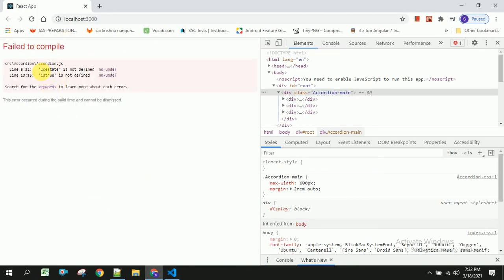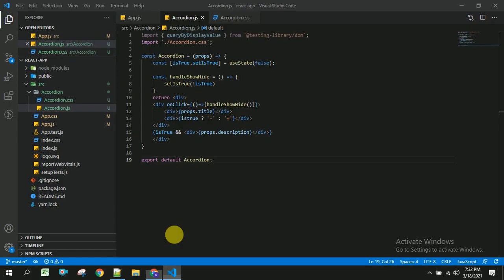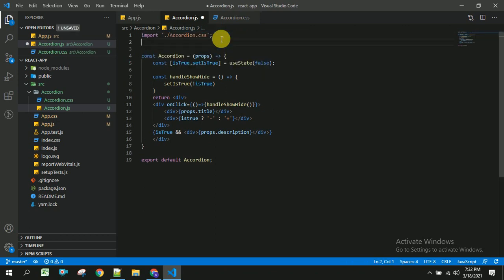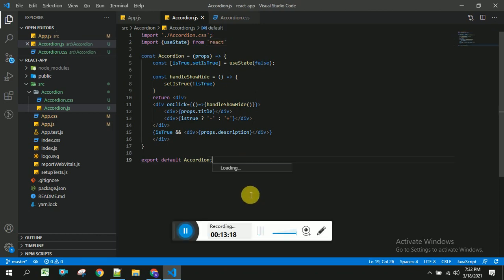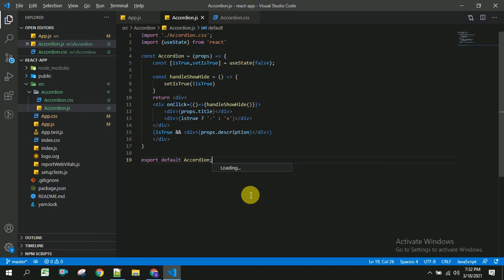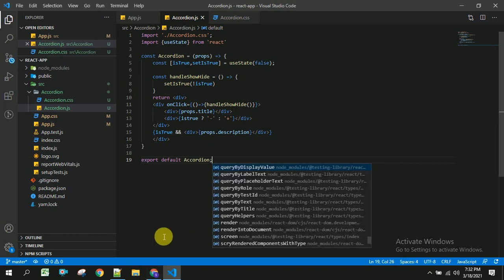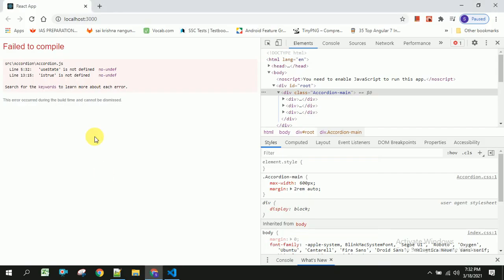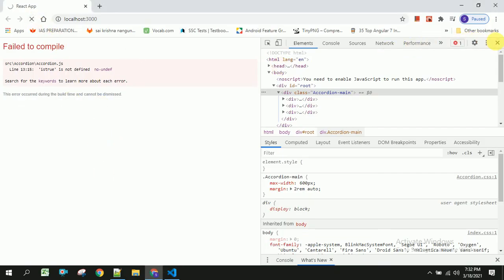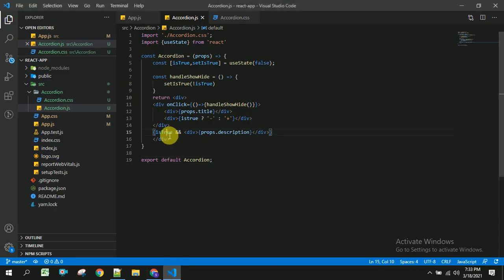So it's showing that useState is not defined. So in order to use useState, we have to import that from our React. Import useState from React. Now let us save this and head back to our browser. isTrue is not defined.